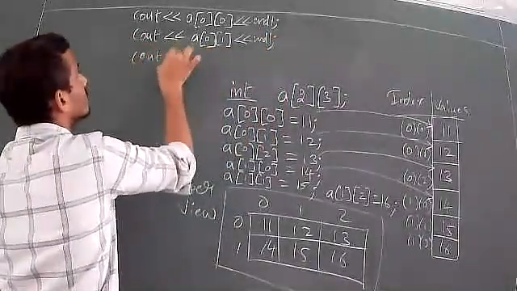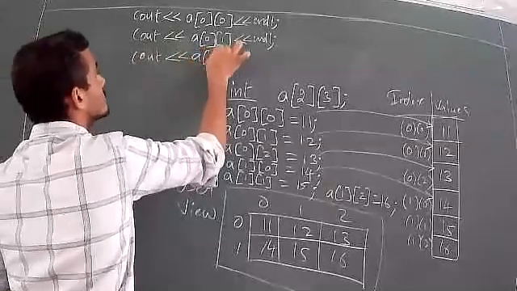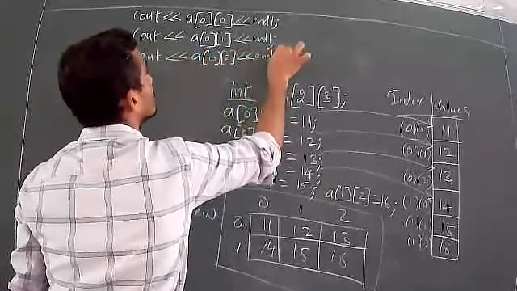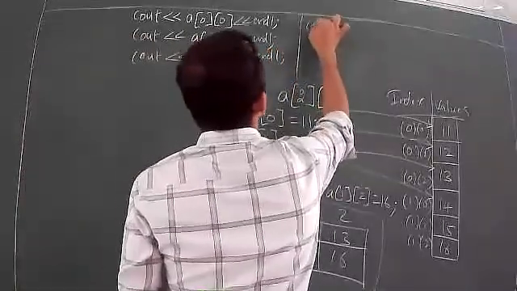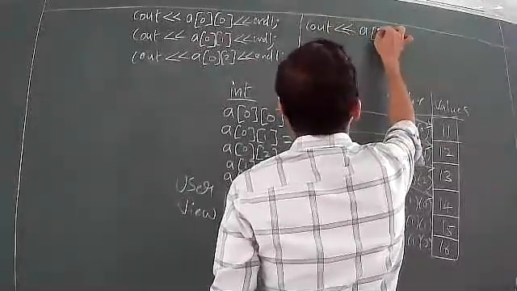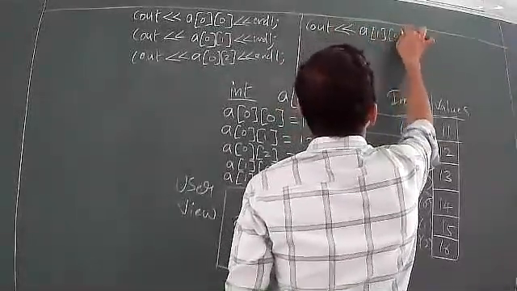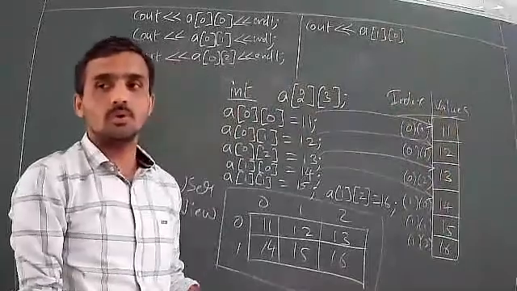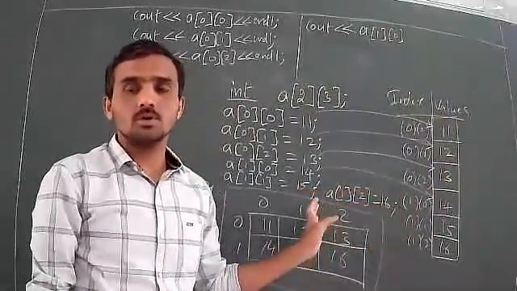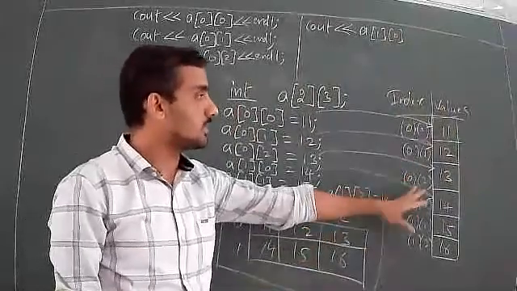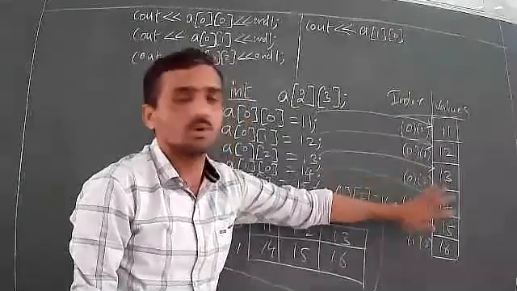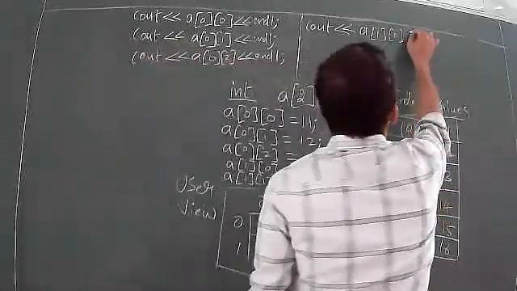So, 0, 2, so endl. So, 1, 0. If you have written the numeral representation, then you will come to know how to write the index values. Otherwise, you will not. So, develop the habit of writing the numeral representation. So, 0, 0, 0, 1, 0, 2, 1, 0, 1, 1, 1, 2. Okay. So, 1, 0, endl.